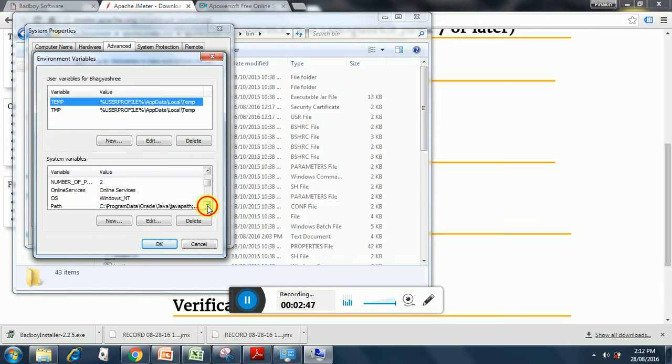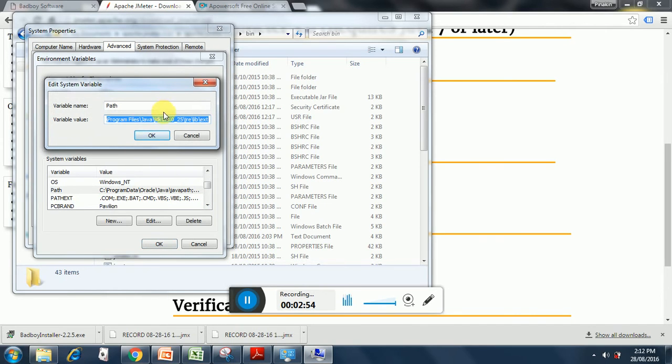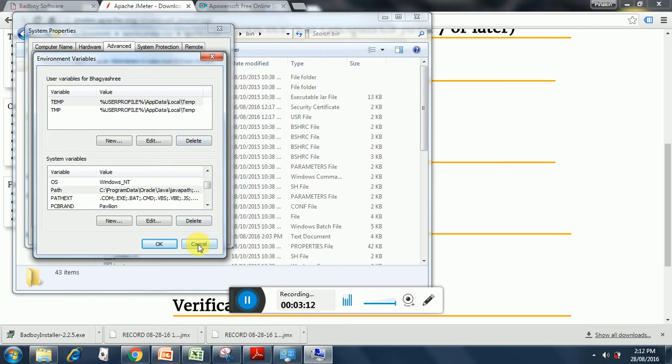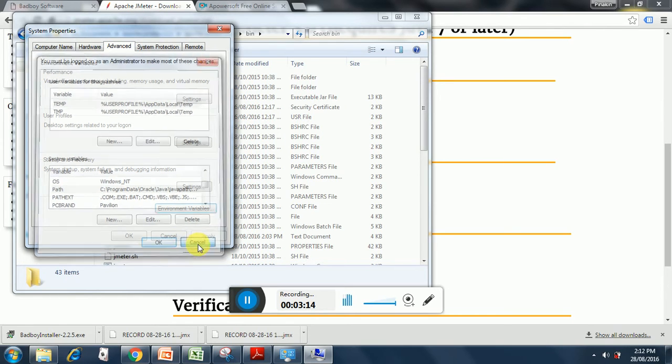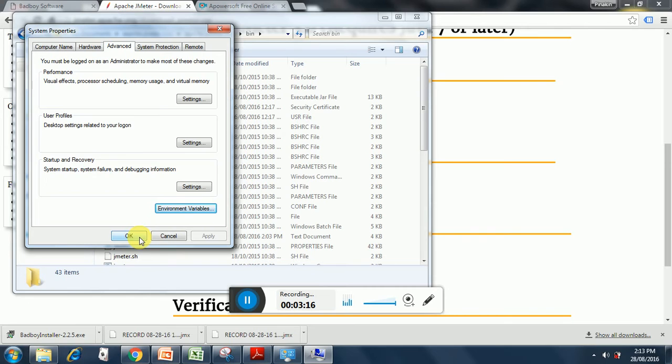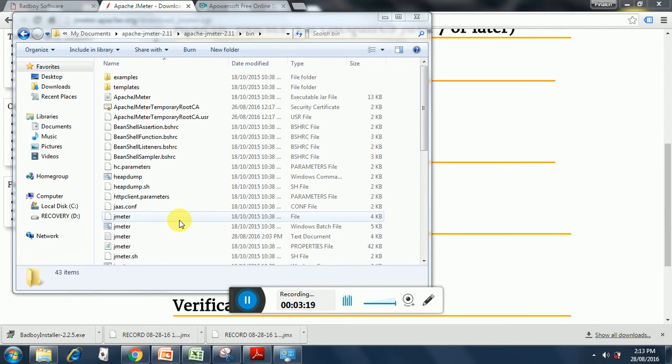Then you have to append one more variable called Path. Here you take the path and put the value of the bin folder here. It's mentioned right over here: C:\Program Files\Java\jdk\bin folder. So this is how you configure it for Java, JAVA_HOME and Path. So this is the basic setting that needs to be done. As far as the settings are concerned, we are all set.